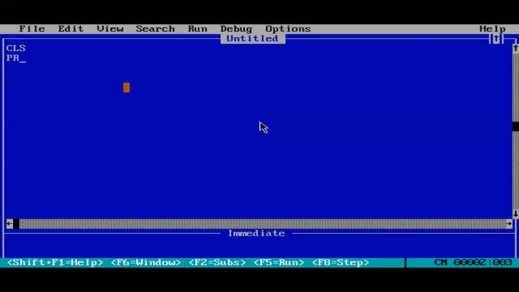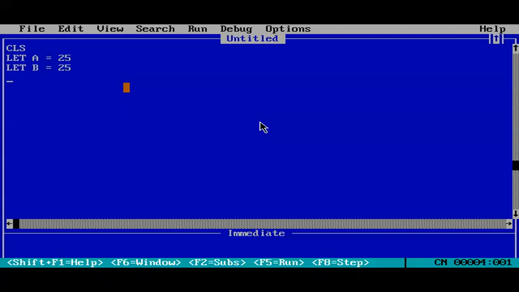Now say you want to assign a value. You don't want to put a number, but you want to assign the value of a number to an alphabet. Say you want to assign the value of 25 to A or B. What you have to do is use a new statement called let. Let is an assignment statement, an optional statement. So let A equal 25. Now let's take another variable B and repeat the same. Let B also equal